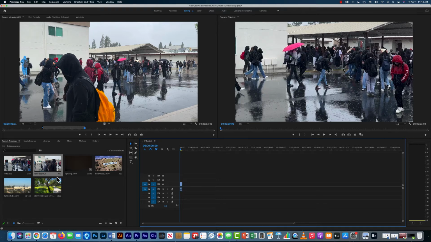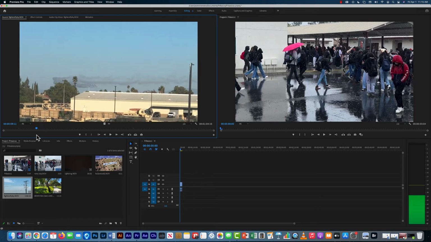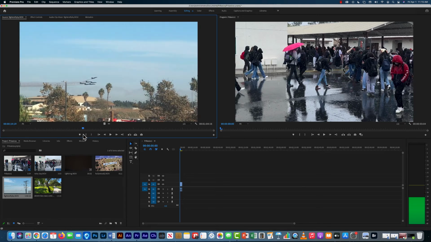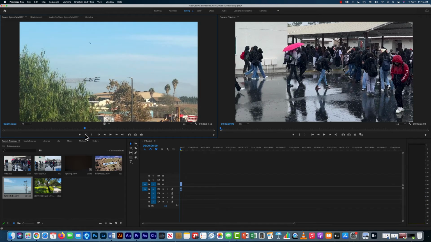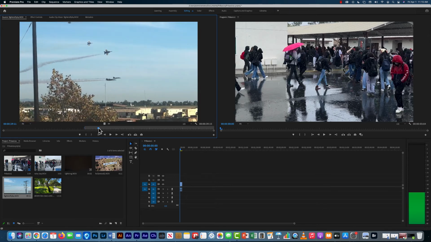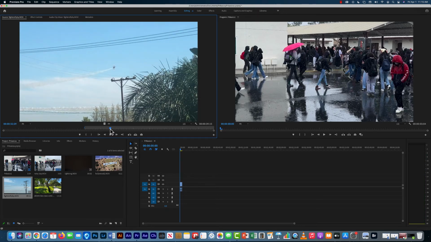Now I need to get another one, so I'm going to double click, let's say, on the jets, fighters flyby. Now that was going to be more than 4 seconds for the interesting part. Unless, let's say I just start with the first jet peeling off, so right about there. Put my mark in there. And then see that guy take off, that guy take off, and then it disappears. So it'll stop right about there. I know it's more than 3 seconds, but that's okay because it's got a lot of interesting things going on in this one. So once I mark my out there,